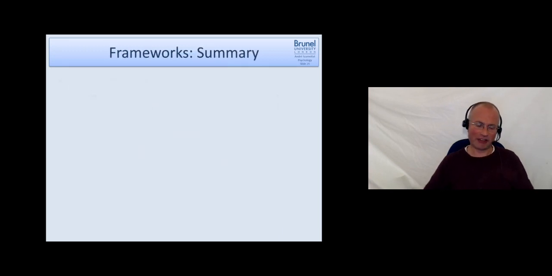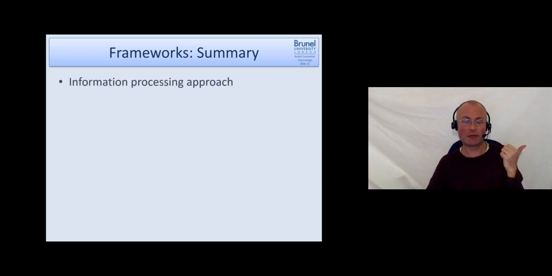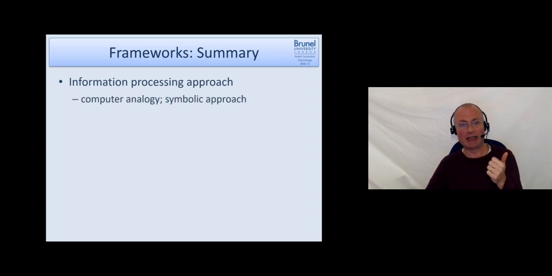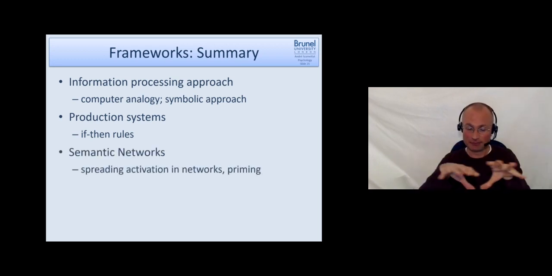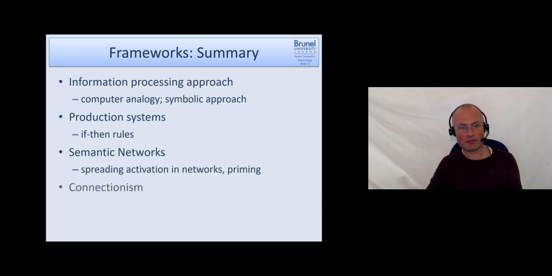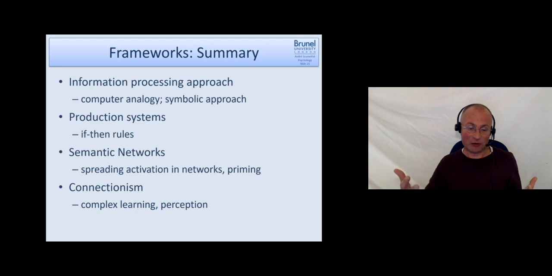Okay, let us summarize this more complex section on frameworks. We have seen first the information processing approach, which was this computer analogy where we have the symbolic approach of perception, response selection, and output, like a flow chart. Then we have the production systems, which are basically if-then rules. The semantic networks, the one where the activation can spread, like in memory with priming. And finally now the connectionism, where we have complex learning, which we can nicely simulate, and we can simulate